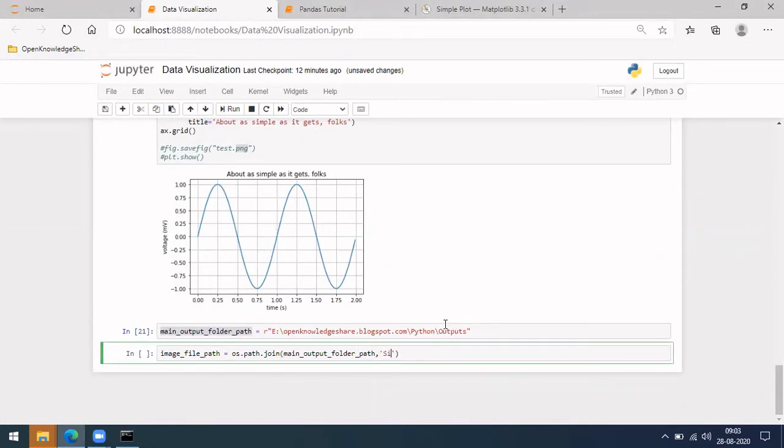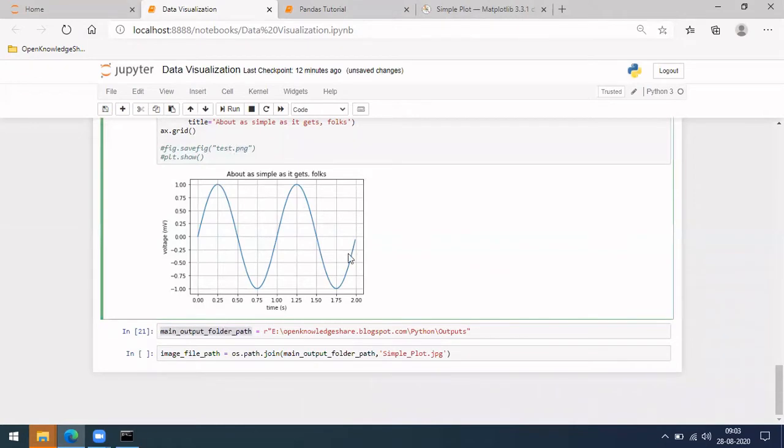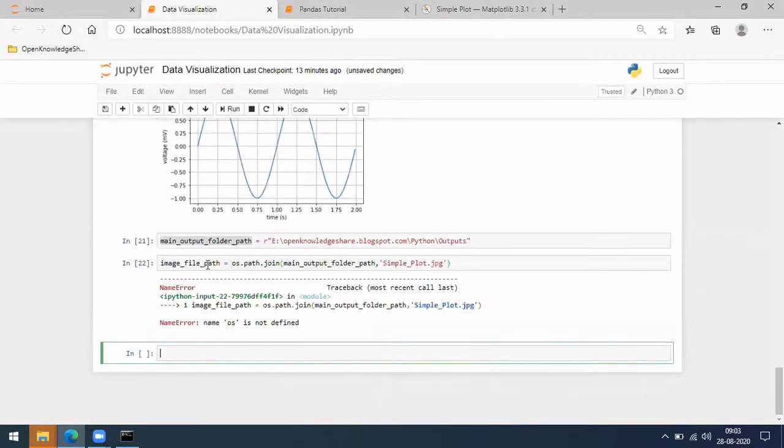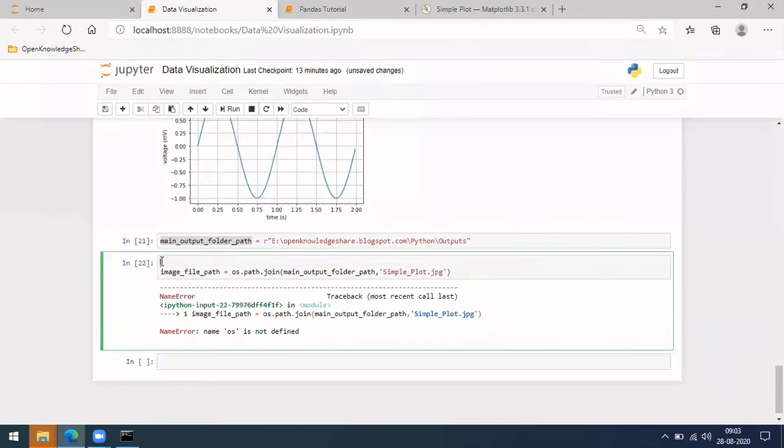Where I do simple plot dot jpg. Let us say there is an example here with png, right? So let me do jpg. Okay, we have to import os, so let me do it here as well.